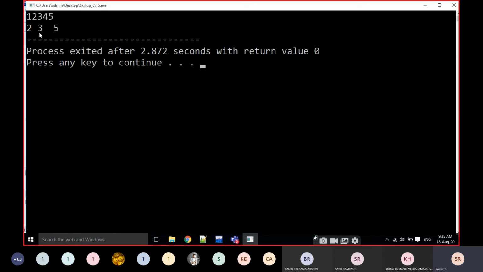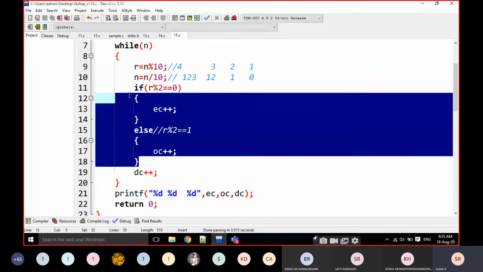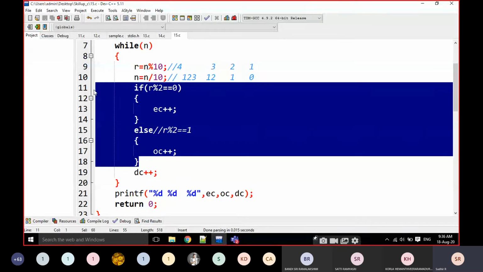Okay, is it clear, everyone, what I am writing? Even digits, odd digits and total digits. Just note down. Very simple condition I am going to write here. Whenever we have one condition, we have to write an if condition immediately. No other option is there.